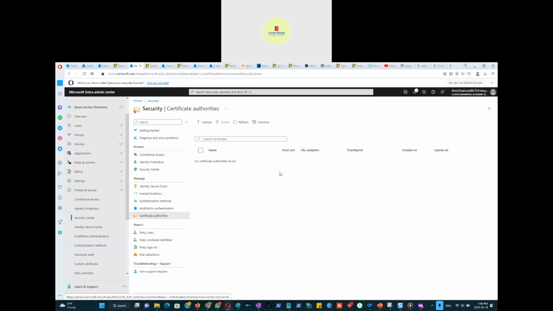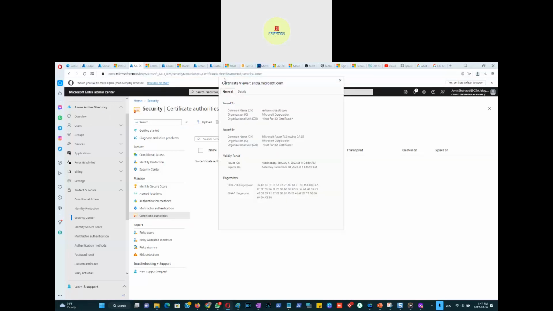So there are no certificate authorities found, but you can purchase a root certificate and then upload it there. And there's an endpoint where the certificate is confirmed, whether it's yours or not, and the thumbprint of the certificate. Suppose I go for this. We are logged into Entra. Connection is secure and certificate is valid. If I click that,